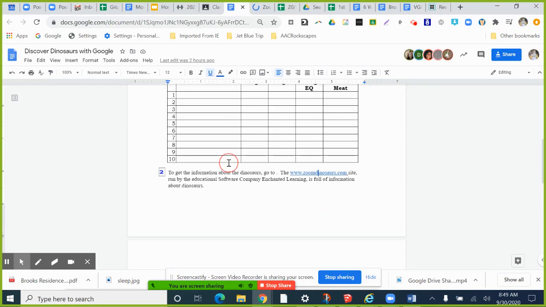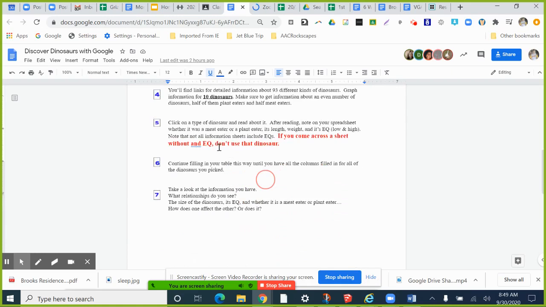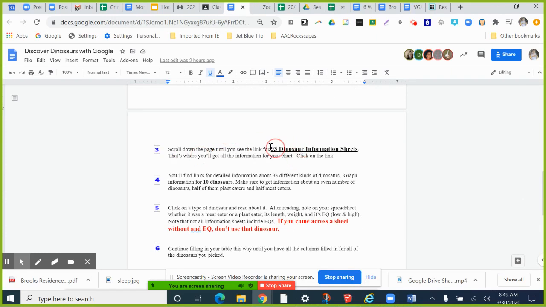And when I look at the instructions on this sheet, as you scroll down, that's the site it goes to and tells you information about them. Then on the second page of instructions, they're going to be looking for this 93 dinosaur information sheets link, because this page has a lot of stuff on it. And then you're going to find information on 10 dinosaurs,